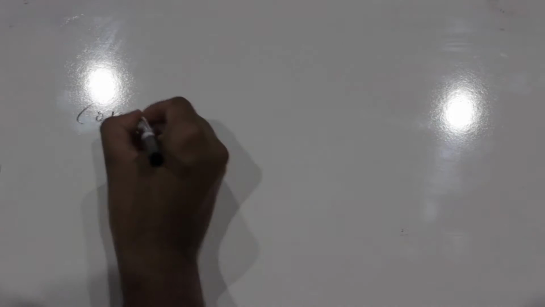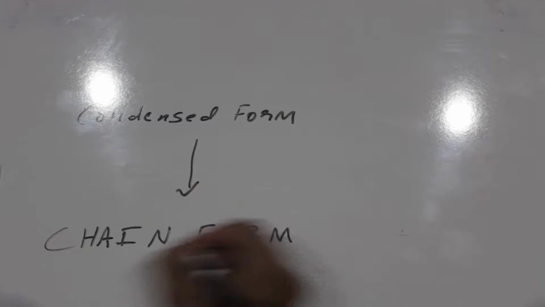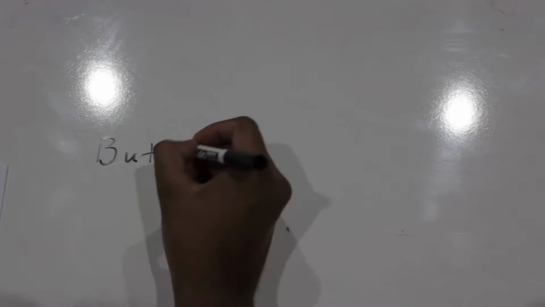Okay, so now let's talk about the three ways of drawing these structures, and I'll go through how to recognize them. The first way is the condensed form, and this is what it looks like. This is where the entire molecule is condensed, and so we can get a better view of what the molecule is,